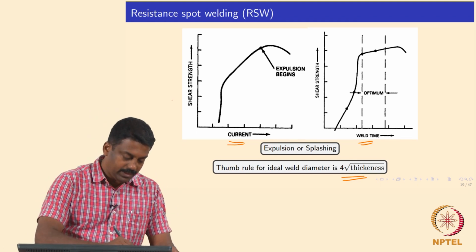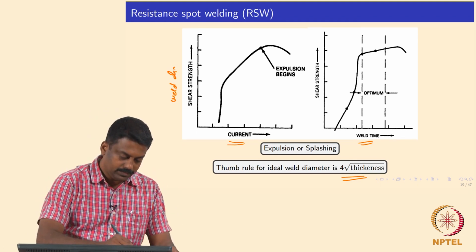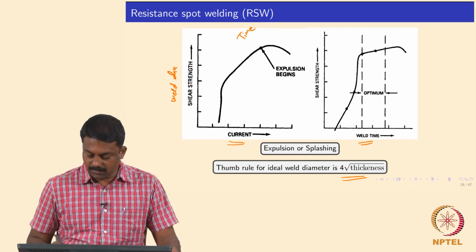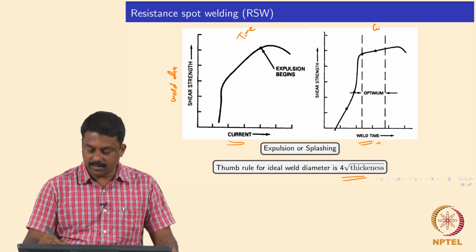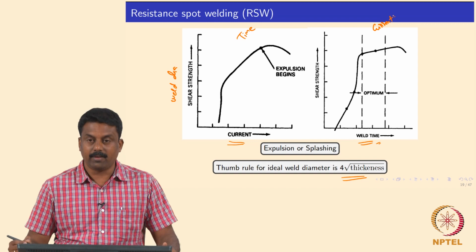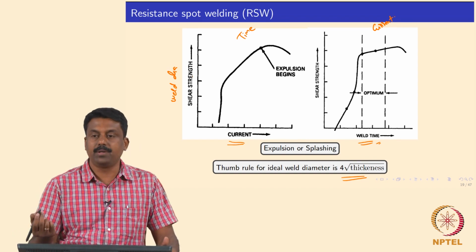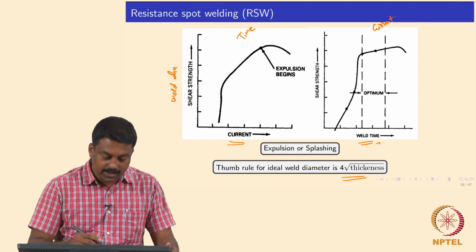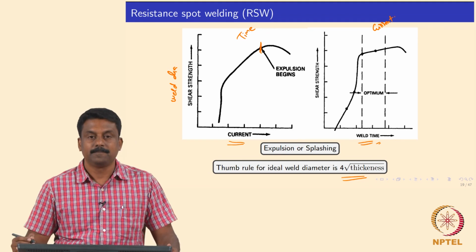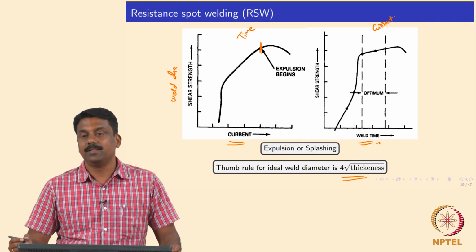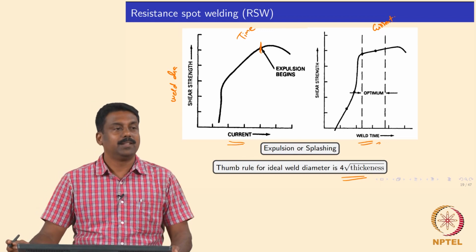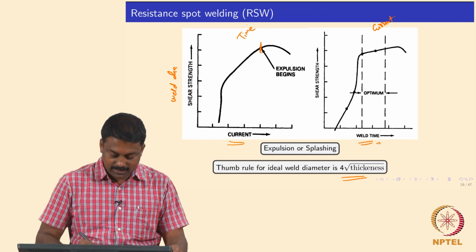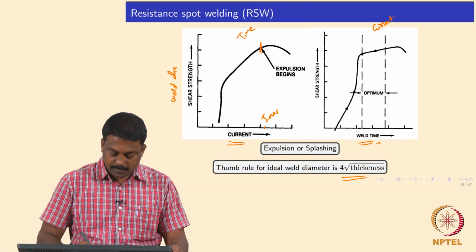So how do we generate such welding parameters? We get the weld nugget diameter measured as a function of current by fixing the time constant, or as a function of weld time by fixing the current constant. Okay. Generally the strength is proportional to the weld nugget diameter. Diameter is higher, that means strength is higher until the expulsion. So what is expulsion? This is the maximum current at which the liquid is expelled, right. So that is expulsion, so the I max. So in this case this is I max, is not it?